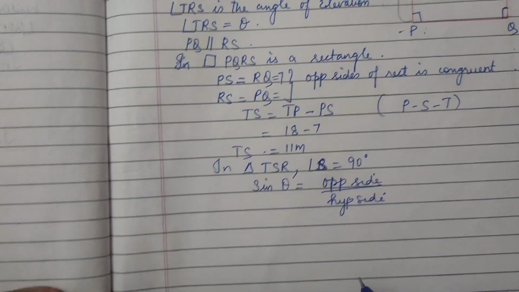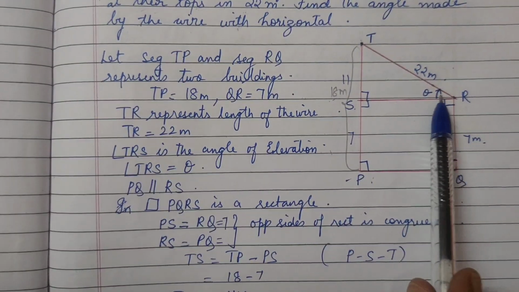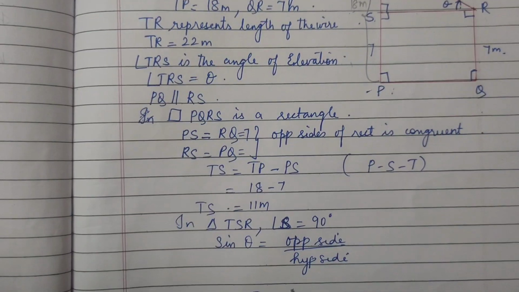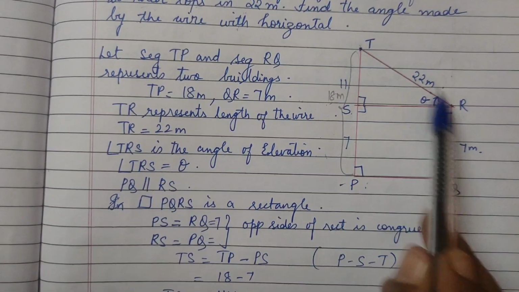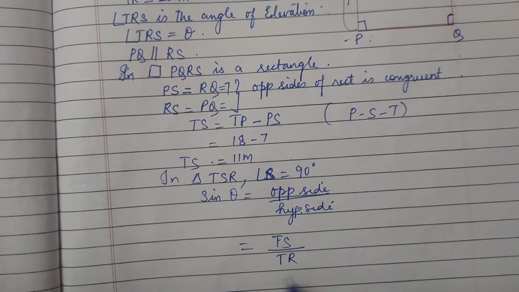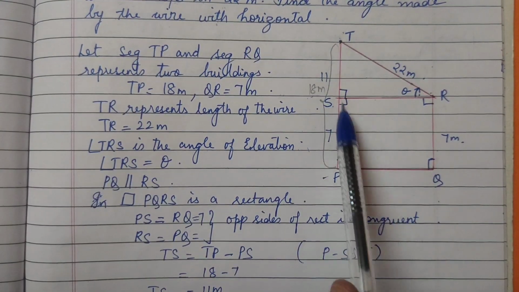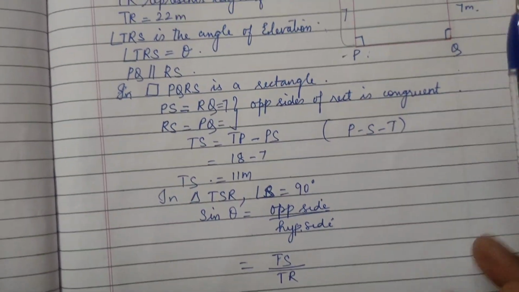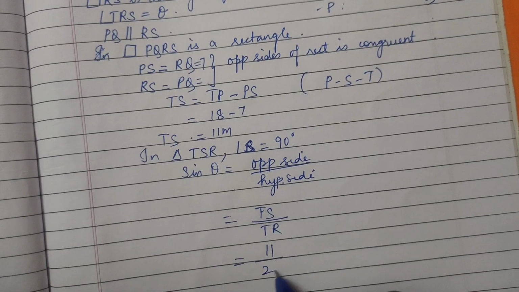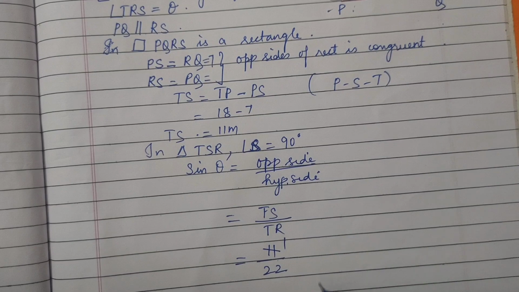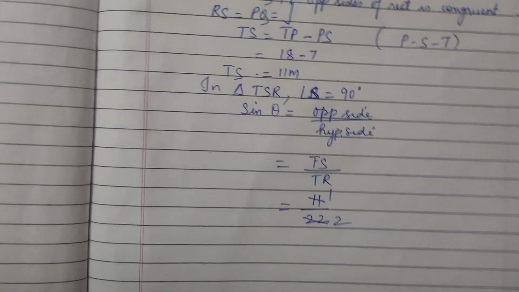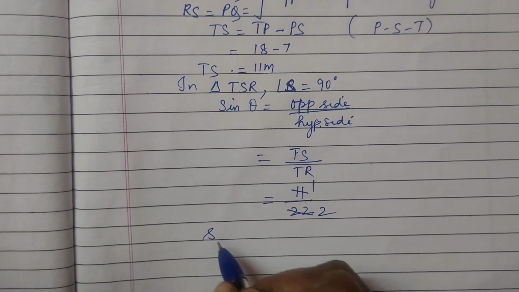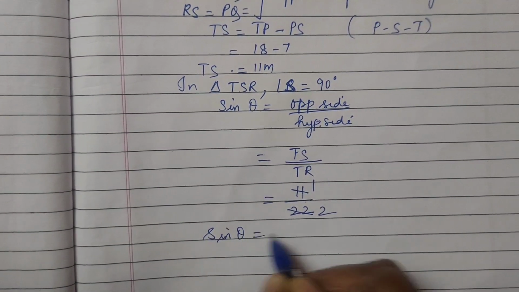Okay, so here if you observe my dear, opposite side is what? Theta का opposite क्या है? TS है और hypotenuse side है TR. तो TS का कितना? 11 हमें मिला है ना. TS is 11 upon TR. TR we know very well is 22. Okay, length of the wire 22. अभी देखो डियर, 11 ones are 11, 11 twos are 22. तो हमें क्या मिला है? We got 1 upon 2. Right, I repeat again, sin theta we got as 1 upon 2.